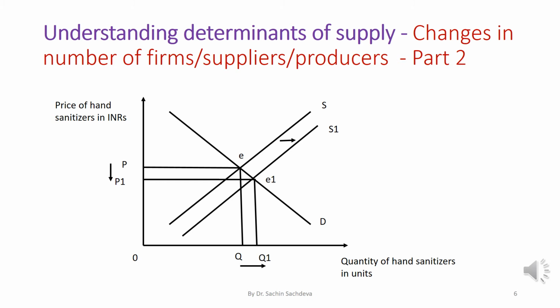And we can find that the market of hand sanitizers has found a new market equilibrium in the form of E1. This complete diagram is sufficient for you to get 4 marks if it's a 4-mark question. And if it's a 6-mark question, then also this will earn you 4 marks. The remaining 2 marks will be for explanation. Let us see the next frame of this presentation.